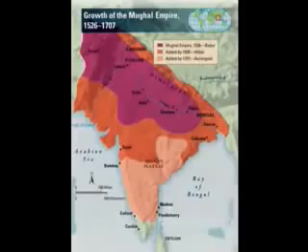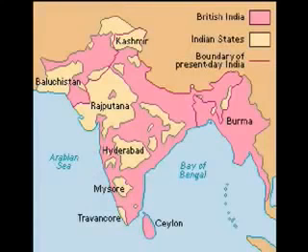As the power of the Islamic Mughal Empire steadily declined over the 18th and 19th centuries, European influence filled the void, culminating in the establishment of British rule in 1858. This period of colonialism is well known and universally demonized